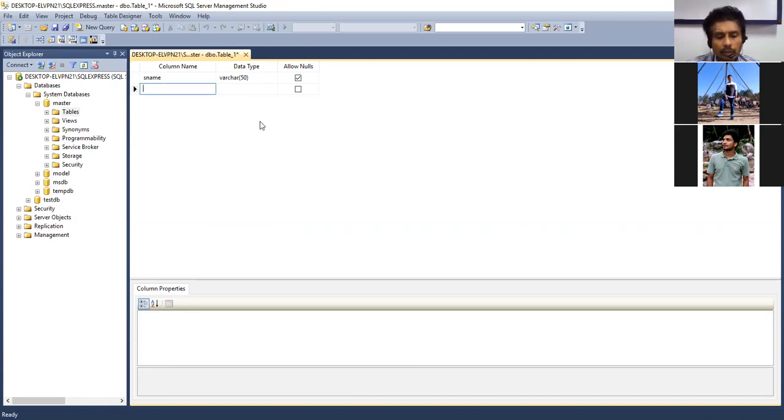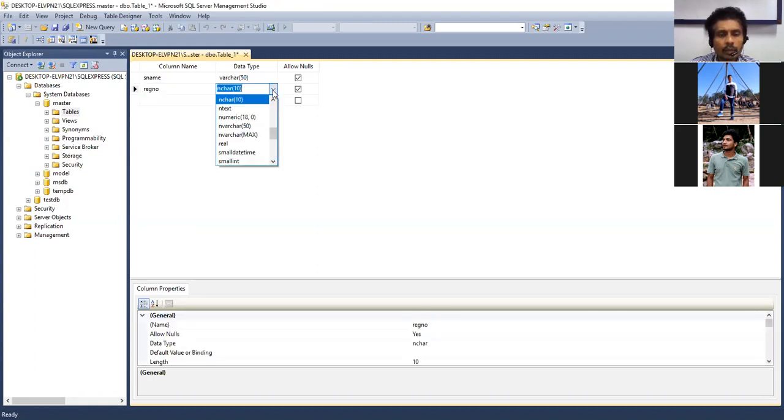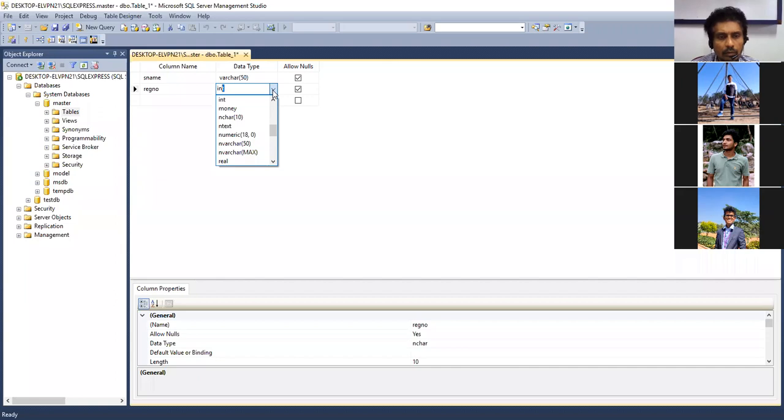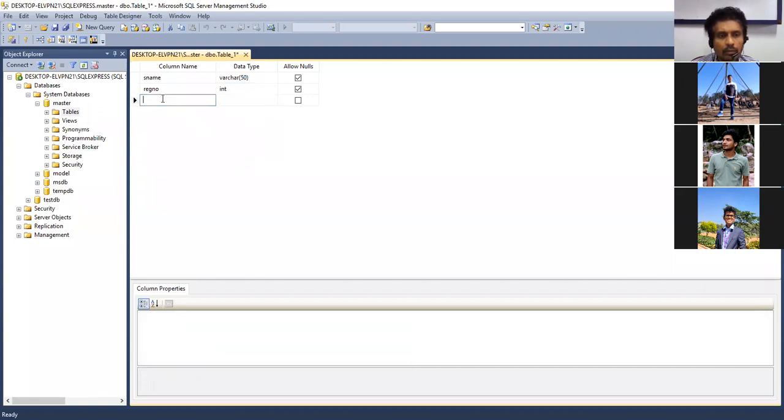The next one we need to have is the register number. Excuse me, sir. Yes. Sir, is it the same as .NET, in which we are creating a database? Yes, SQL Server only we are using. Okay, sir, I'm using Microsoft SQL Server only. So it's the same as .NET, because .NET also uses SQL Server as a backend. It's a native backend for .NET.